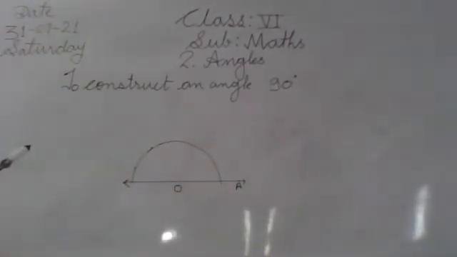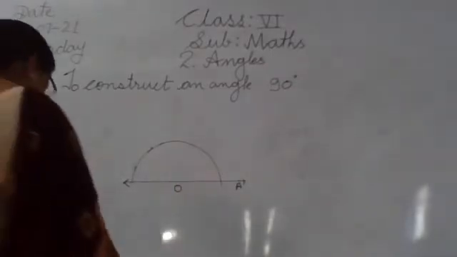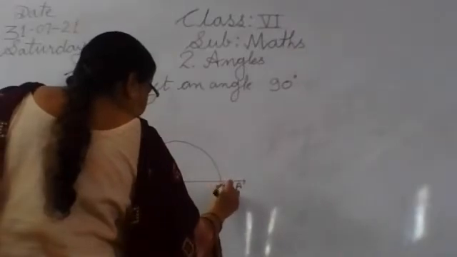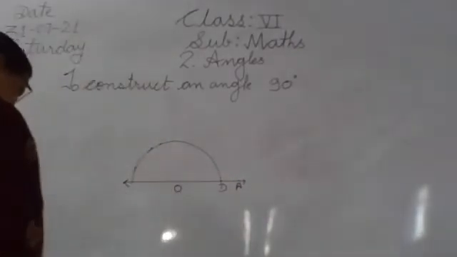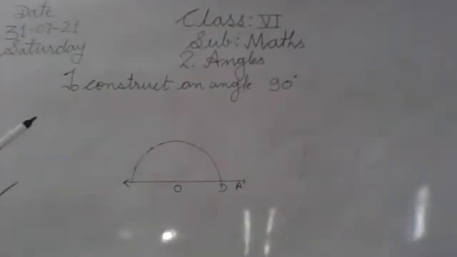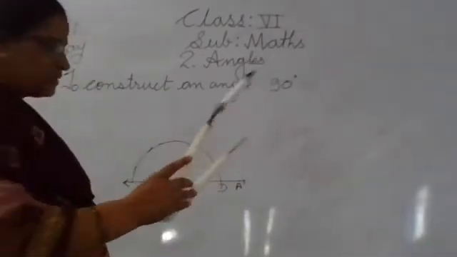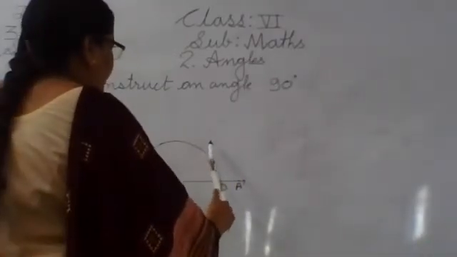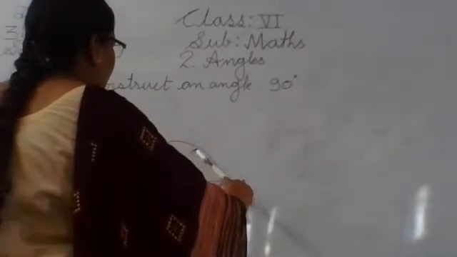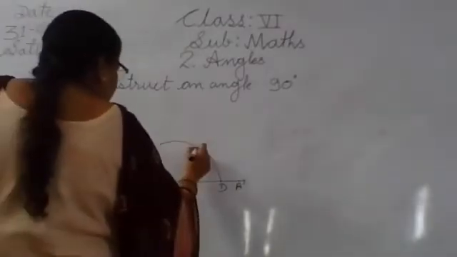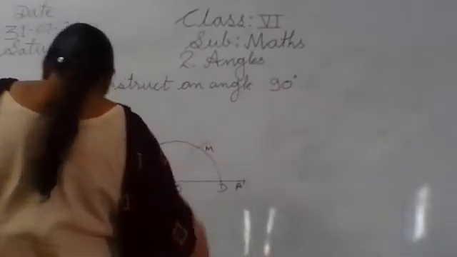Okay. So it intersects the ray A at point D. So it is the point D. With D as a center and the same radius, draw an arc intersecting the previous arc. So with the same distance, without disturbing this, place your pointer on point B and mark a point N. Cut the previous arc on point N.